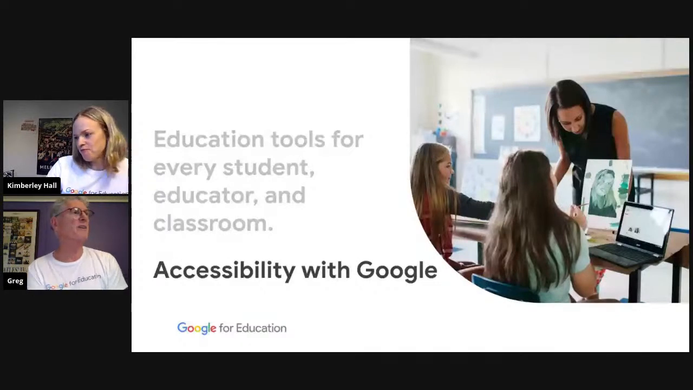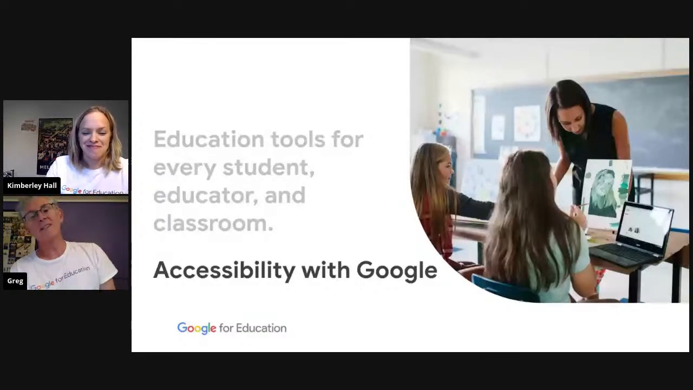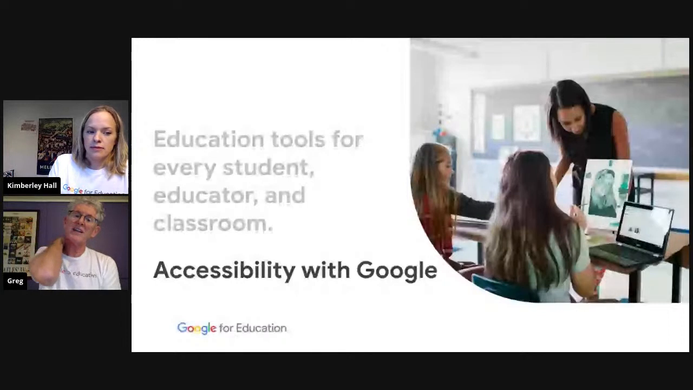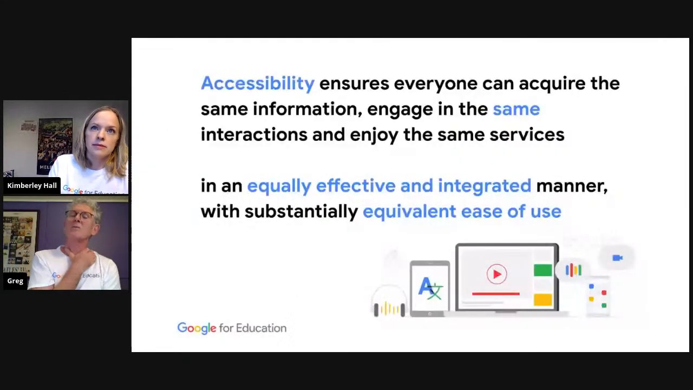So, accessibility. Accessibility with Google is around tools for every student, every educator, every classroom, every family. But what does it actually mean? What do we mean by accessibility? For me, accessibility is essentially that we give all our students